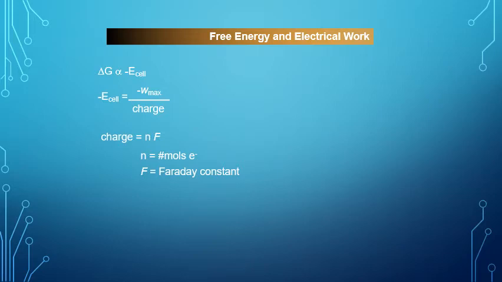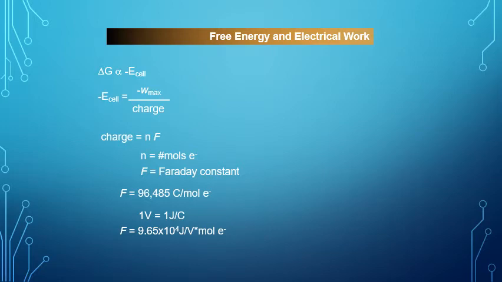And the value for Faraday's constant has been experimentally found to be 96,485 coulombs per mole of electrons. By definition, 1 volt is equal to 1 joule of energy per coulomb of charge. We can rearrange the equation and isolate the coulombs by itself, so we'd have 1 joule per 1 volt equals 1 coulomb. And so Faraday's constant can be rewritten as 96,485, or 9.65 times 10 to the fourth, joules per volt times